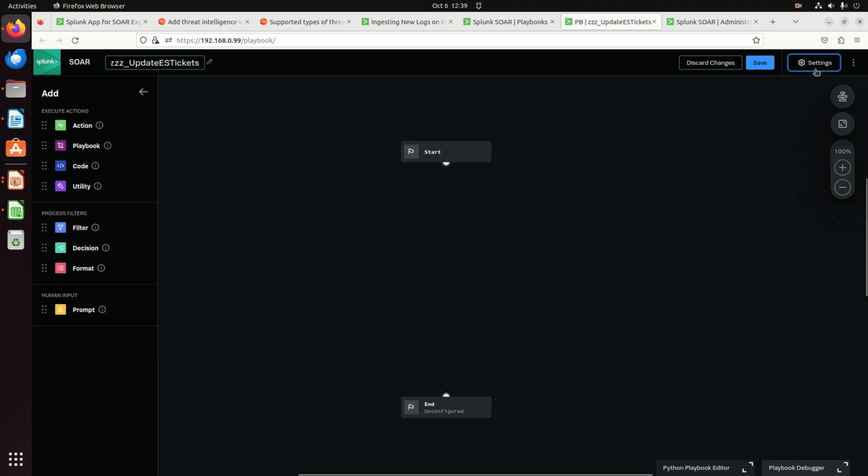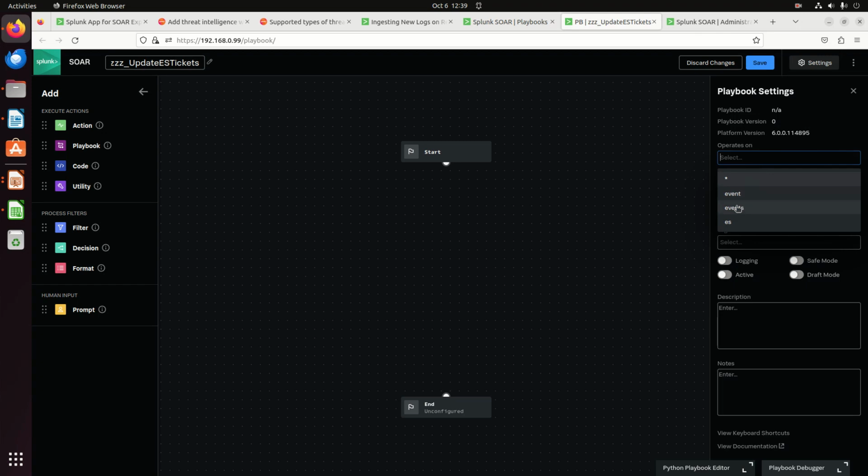And on my settings, it's only going to handle ES events. I'm not going to make it active, and I'll tell you why in the problems section. It would be nice if I could make them active, but it's not doing what I want it to do, so it's kind of a waste of time. So if I hit save,